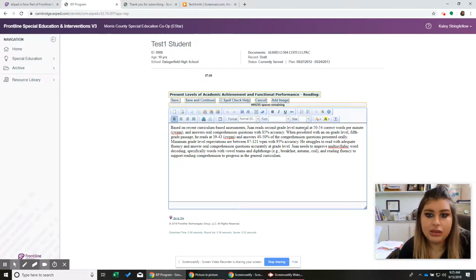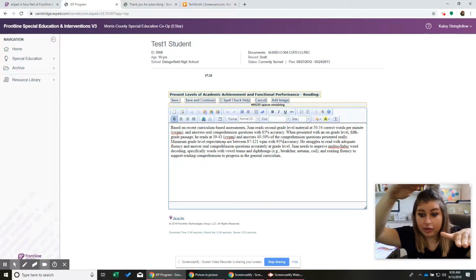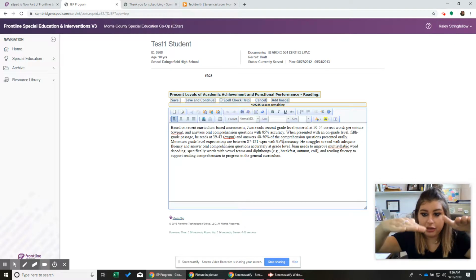That's huge. Okay, so on the flip side, this is a fifth grade student, and when he's given fifth grade material, his reading level drops, which is to be expected because we know that he's at that second grade level and he's only answering 40 to 50% of those questions correctly. It tells what is expected in that grade level. So that's what the parent wants to know. That's what we need to know when we're planning. Where is this student? They're here, and the grade level's here. How do we connect that?